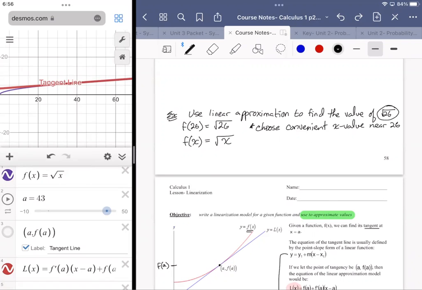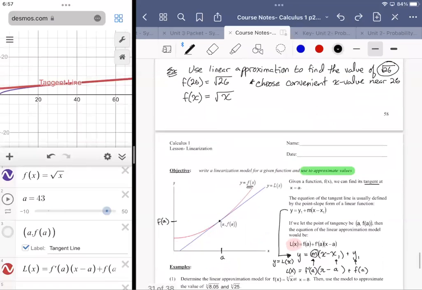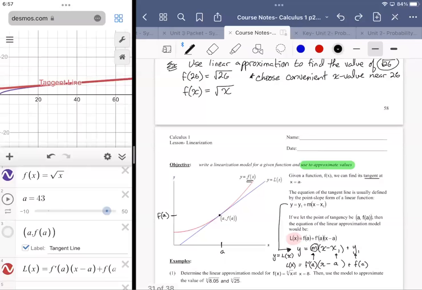So we're going to go back a step and say, all right, well, let's choose a value close to 26, but a better, more convenient value, right? So at x equals 25, that's nice and convenient for a function where we're looking at a square root. A perfect square is a nice convenient value, right? So to write our linearized model,